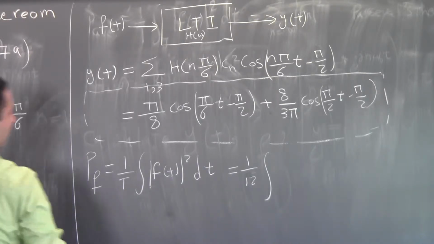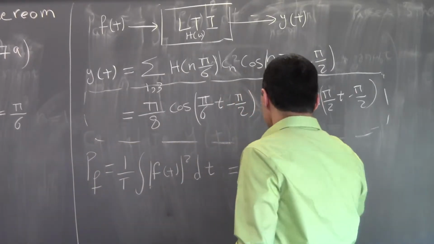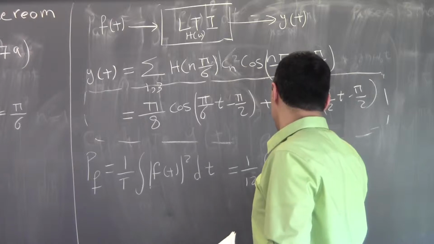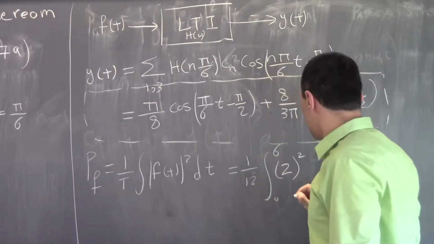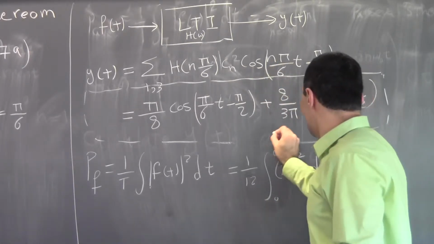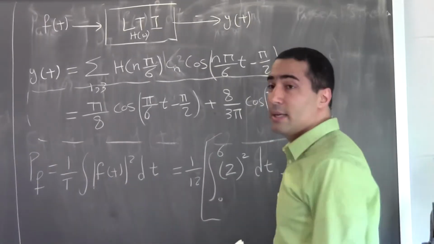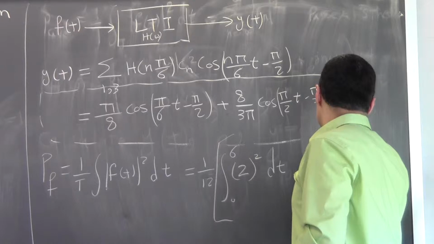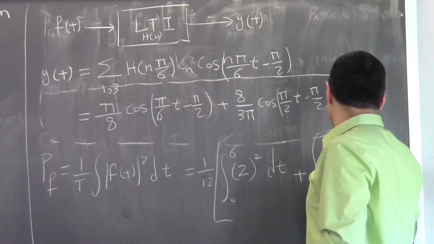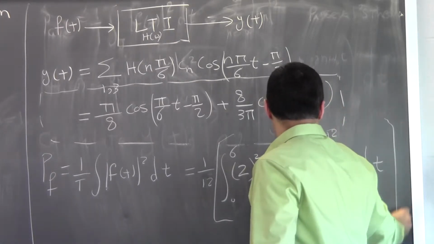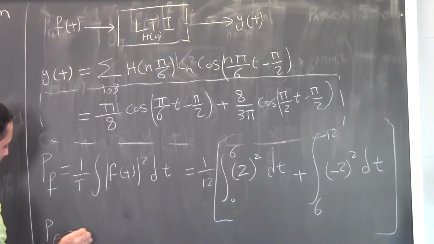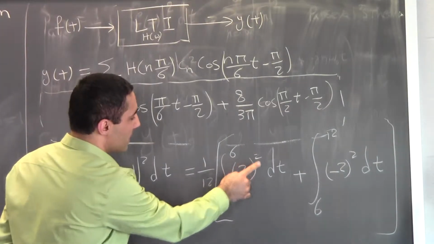From 0 to 6, what is the value of the signal? Fixed, it is constant, it's only 2 squared dt. And the other is from 6 to 12, again, but it's minus 2 squared dt. So if I do this integration, you can simply see that the answer is going to be just 4,